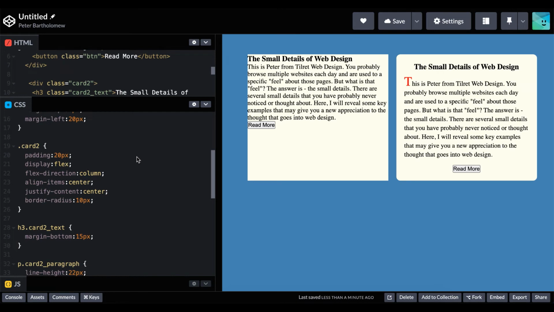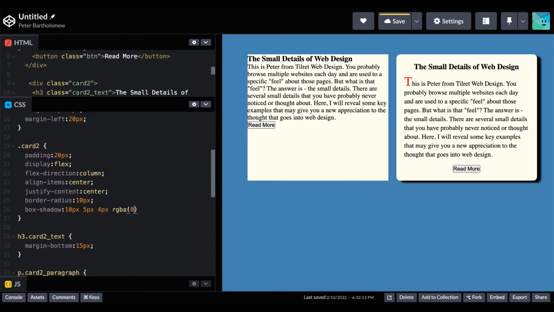better. Another small design detail that can be used to great effect is the addition of box shadows. So I'll show you what that looks like with our card 2 here. The values we enter are our X displacement, Y displacement, our blur value, and the color of our shadow. So in this example, we use 10 pixels, 5 pixels, a 4 pixel blur, and we'll use an RGBA value of 0, 0, 0, and 0.6. And you see that shadow that makes it look like the card is lifted up off the page a little